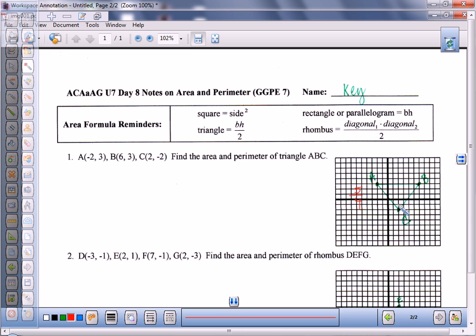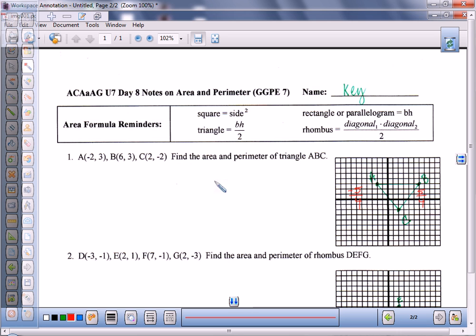So let's count it out. 1, 2, 3, 4, 5. 1, 2, 3, 4. So this is positive 5/4, and this is -5/4. So this actually does not make a right angle, even though it might appear to be one. So this is not a right triangle, but if we look at these slopes, that helps us out with the